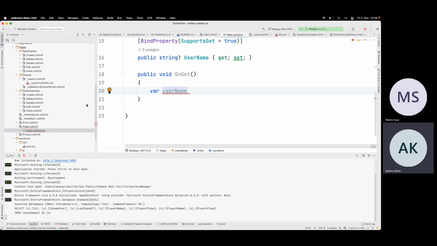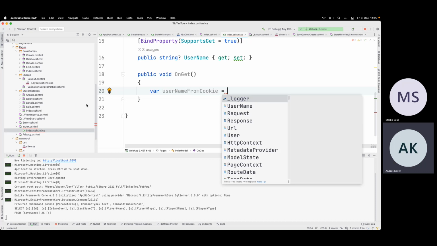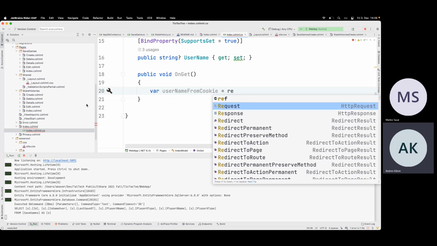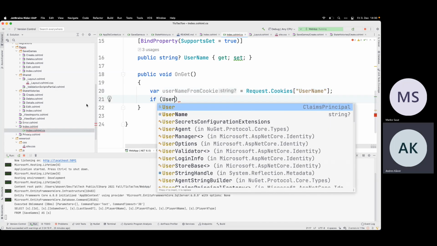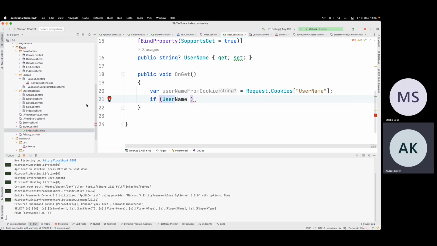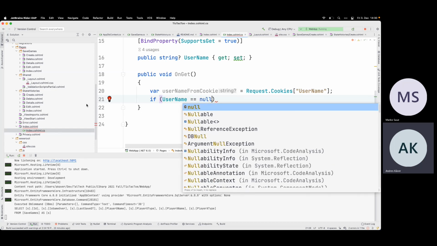Let's try this username from cookie. If username equals null.